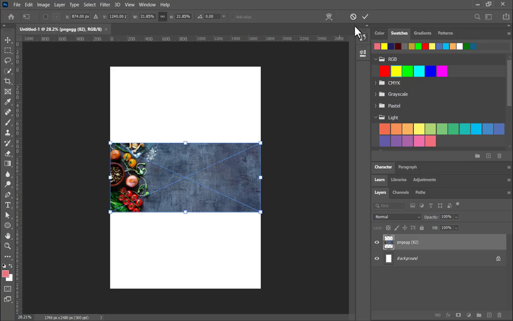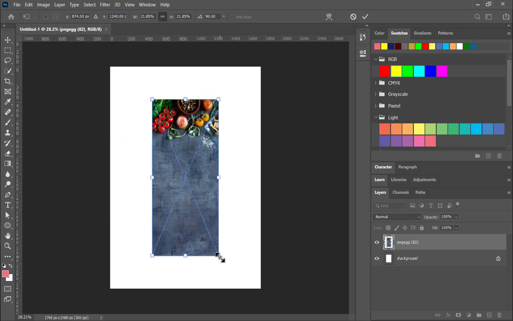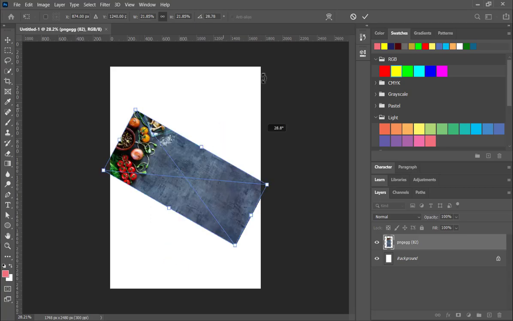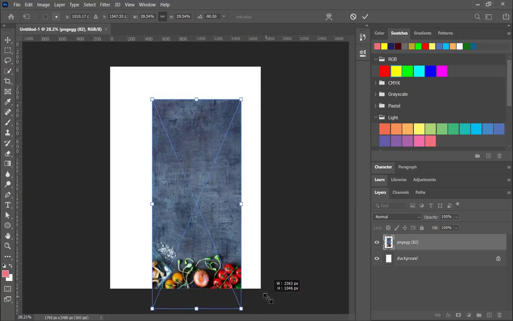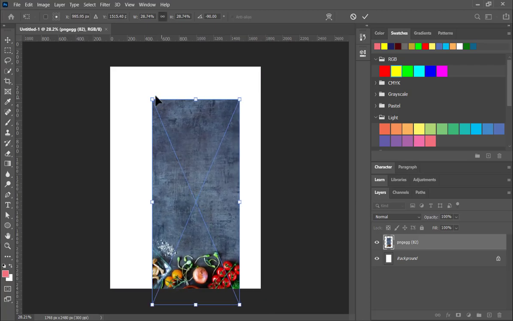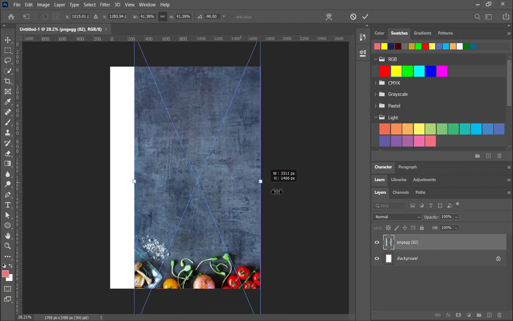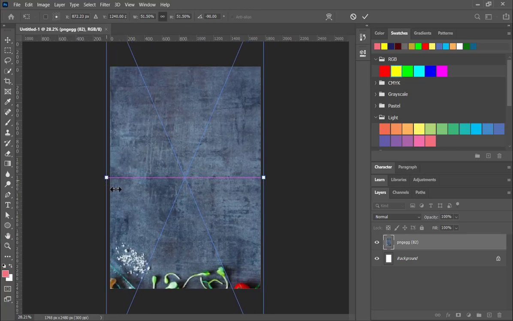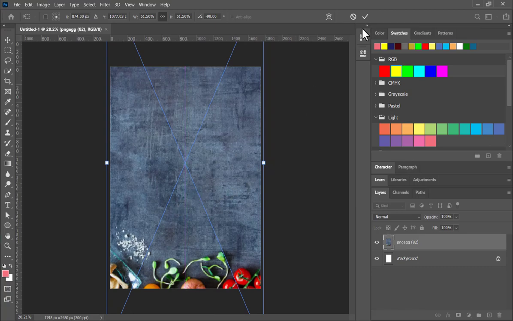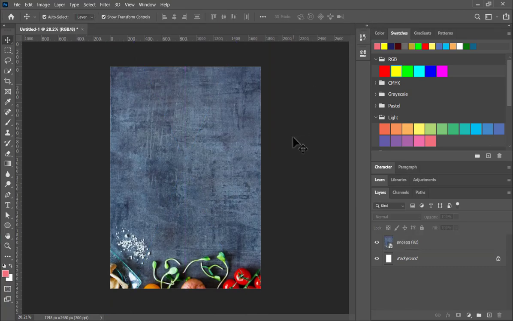So I'm going to rotate it 90 degrees. So that's something like that, not literally 90. Yeah, you can hold shift, it's supposed to be -90, like that. Then I'm going to scale it up so that it fits my artboard. Something simple as that. And the next thing, I want to